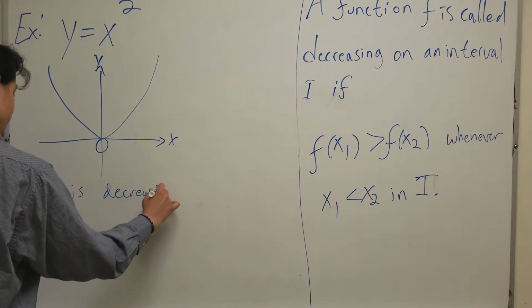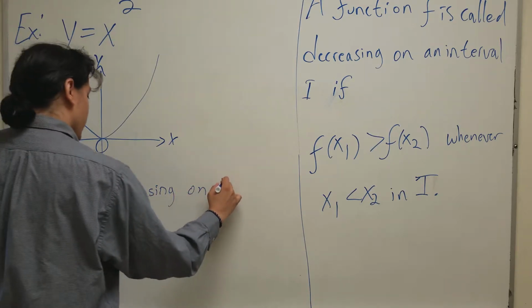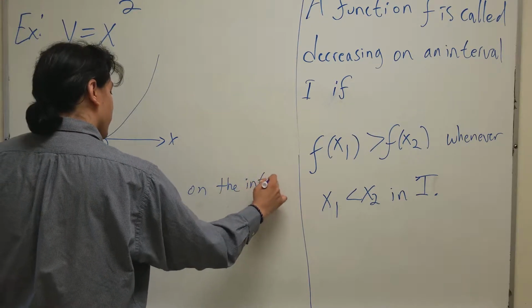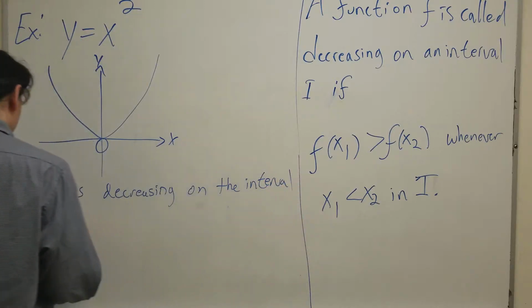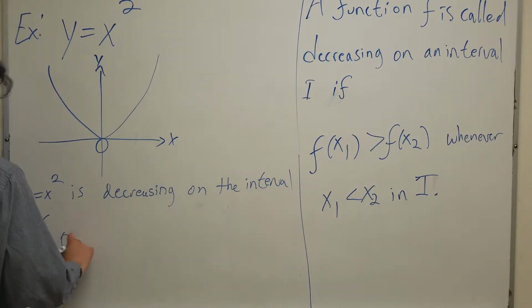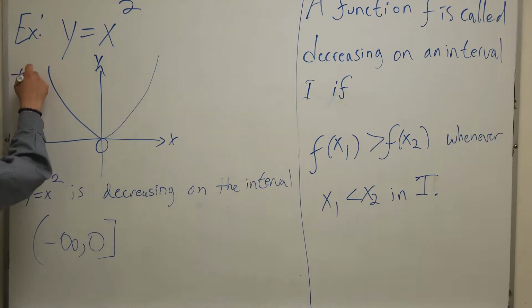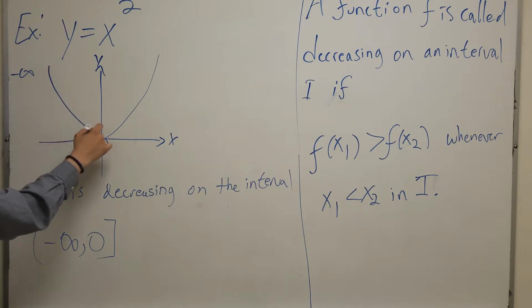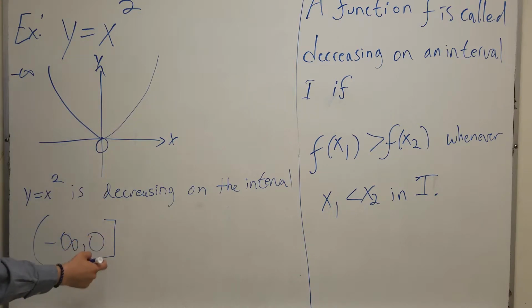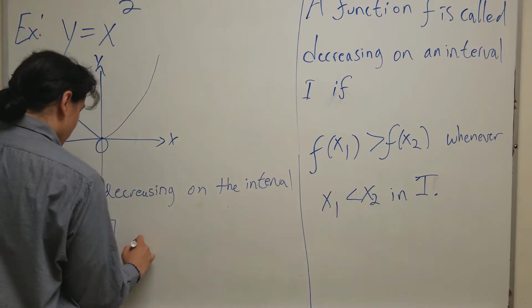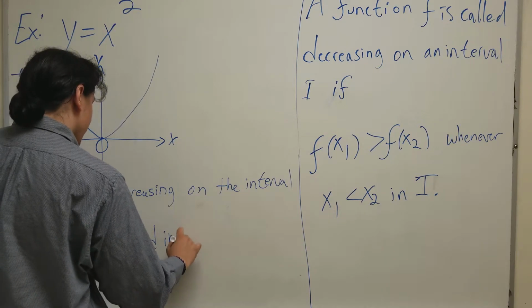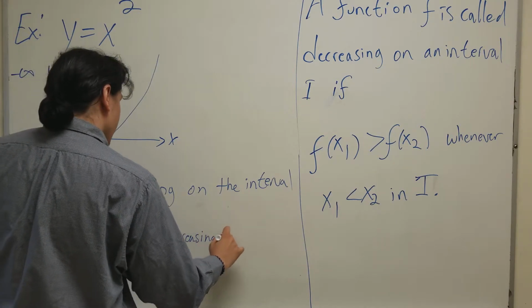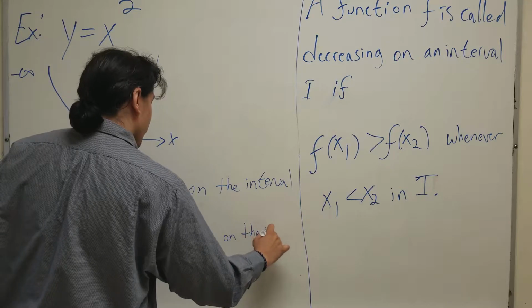decreasing on the interval negative infinity to 0. When I say negative infinity, I'm talking about this left side here. So as we're going down, all these points here, it's going all the way down to 0, including 0, that's why we put the bracket. And increasing on the interval,